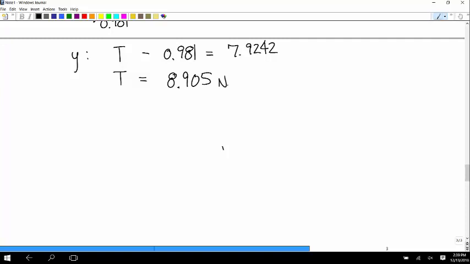8.905 newtons. And so if you have this thing with a mass of 0.1 kilograms and you know the speed at the top, this calculates the force that the cable has to apply at the bottom to keep it moving in that circular path. If you don't have a string that can support this, it'll break when the thing gets to the bottom. That's where the tension is the greatest. So this tells you, based on how strong the string is, whether it's going to break or not.